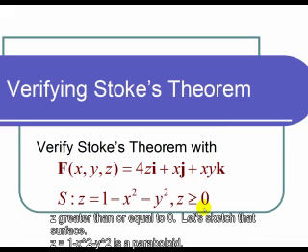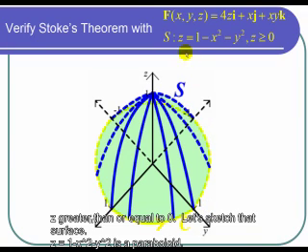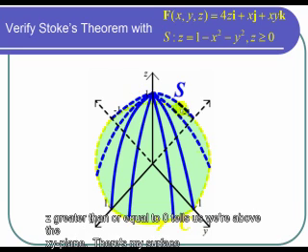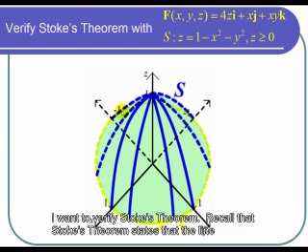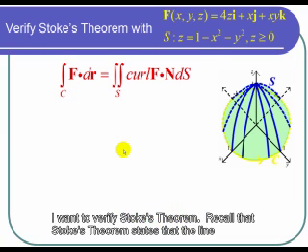So let's sketch that surface. z equals 1 minus x squared minus y squared is a paraboloid, and z greater than or equal to 0 tells us we're above the xy plane. So there's my surface, and I want to verify Stokes' theorem, so recall that Stokes' theorem states that the line